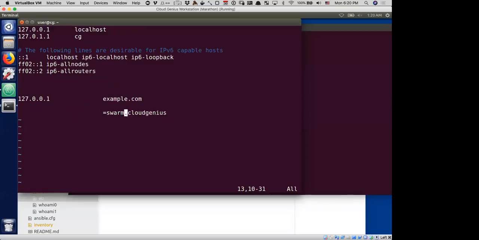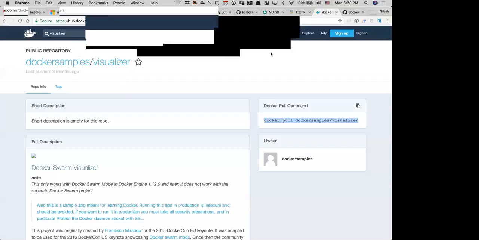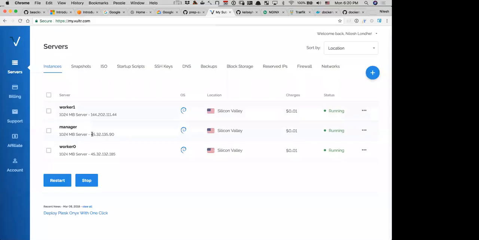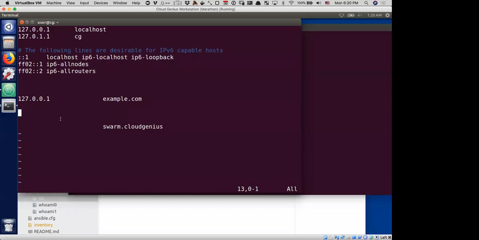I made the typing mistake, and then assign it the IP address for the Swarm manager we have here. So Swarm manager, what is your IP address, please? Can you tell me? What is your IP address, dear manager? That one. So copy it and put it right here. And then like that. That should allow us to